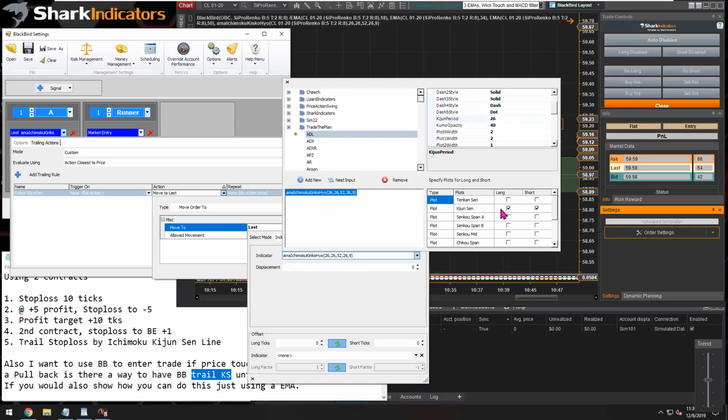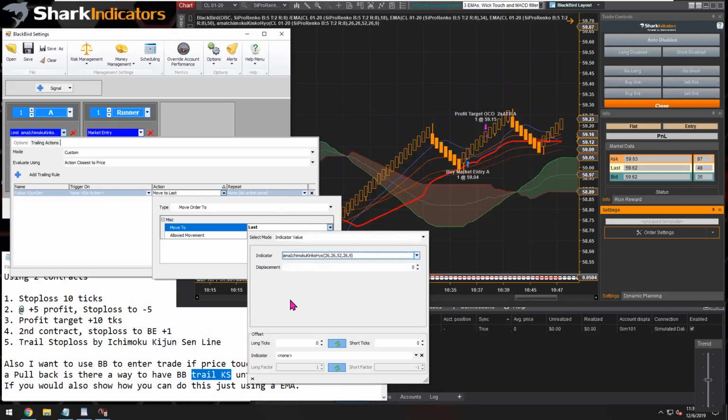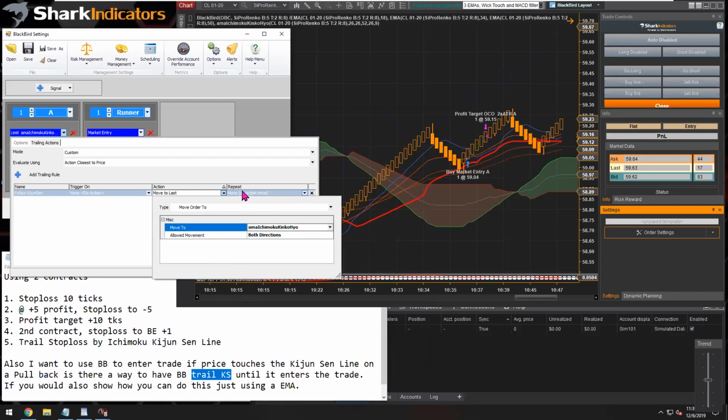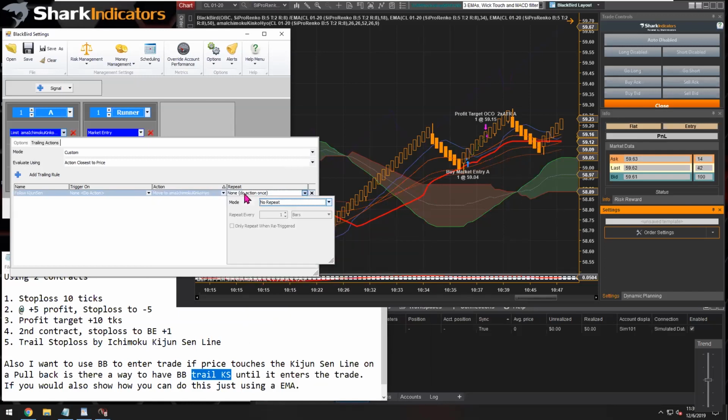And it already has the Kijun-Sen selected. So, yep, good. We are good to go there. So there's our indicator already set up for us. And now the repeat, right? So we want this entry order to keep trailing or following the Kijun-Sen line until the market pulls back and picks up and fills that order. So we'll set the repeat to indefinitely, like so. And that is it. We're done with this